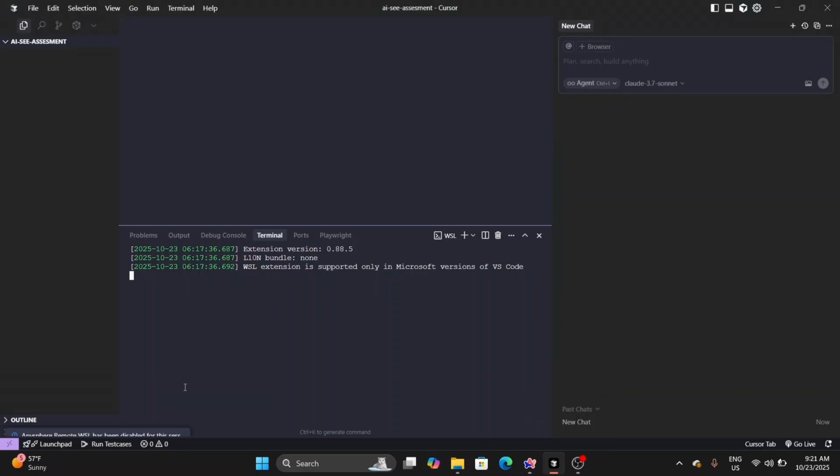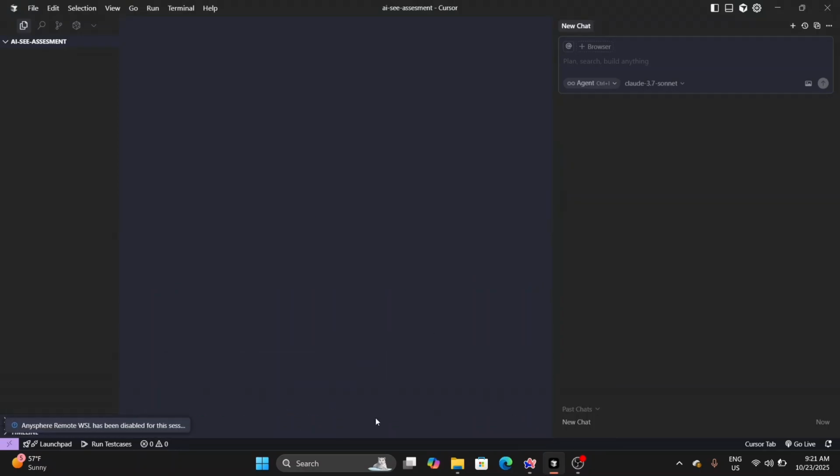So let's dive in. As you can see, I have this folder for our AI.SEE assessment. I haven't started anything. We're going to do it with Cursor, so we're going to vibe code. First,